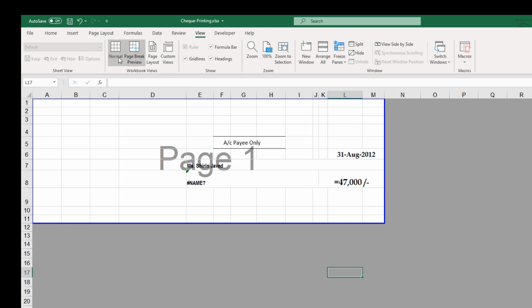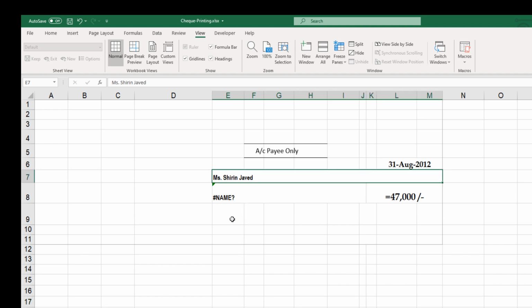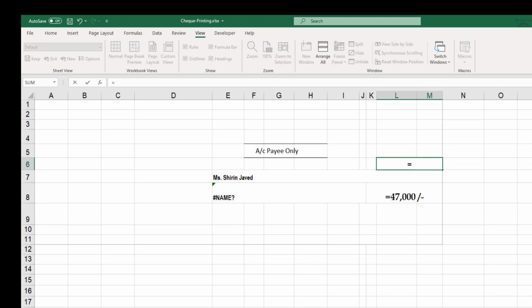Okay, so I'm going to normal mode so that I don't see the page 1 on this. This is the normal mode. What I would like to do is print the name of the person here. Then I print the amount in words. Then I print the amount, and then I get the current date. For the current date, there is no need for getting the data from somewhere.